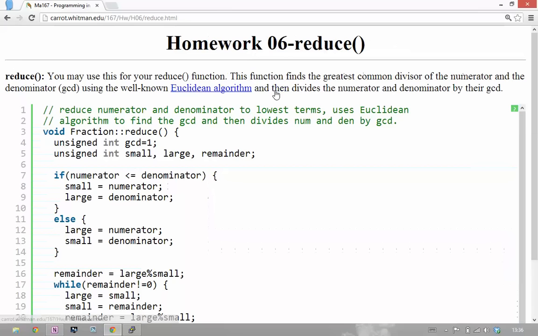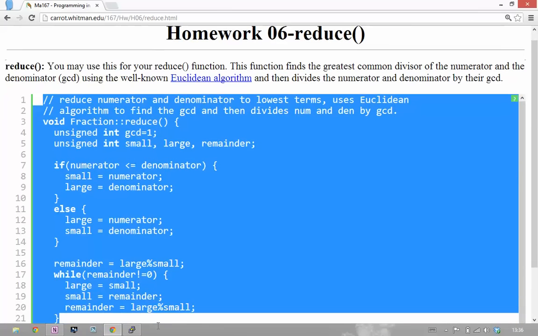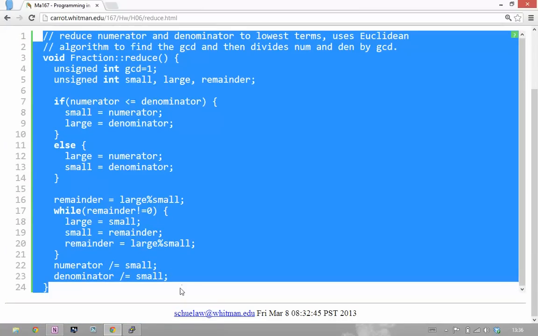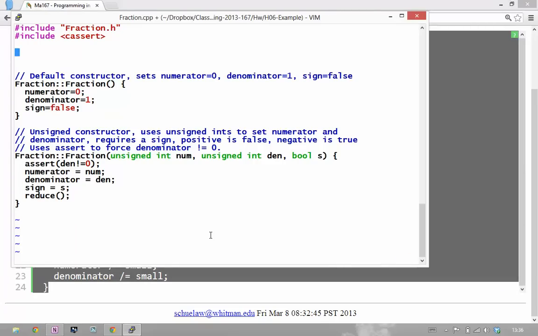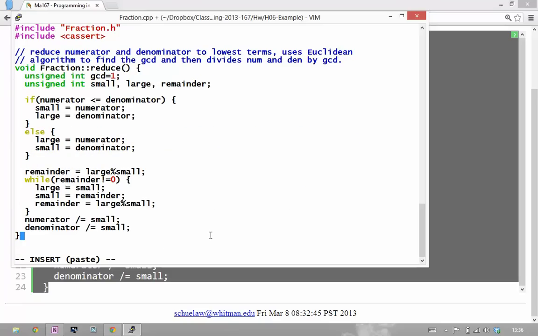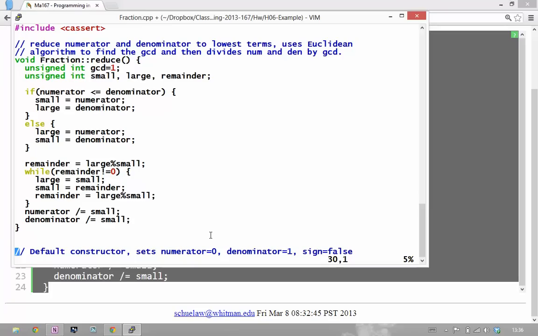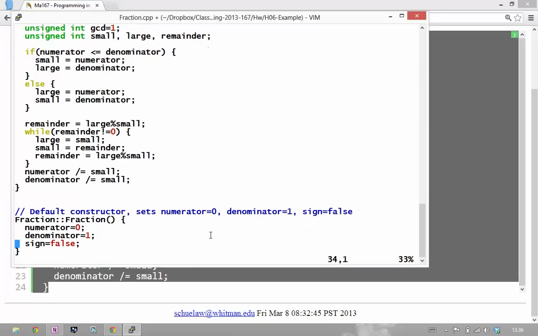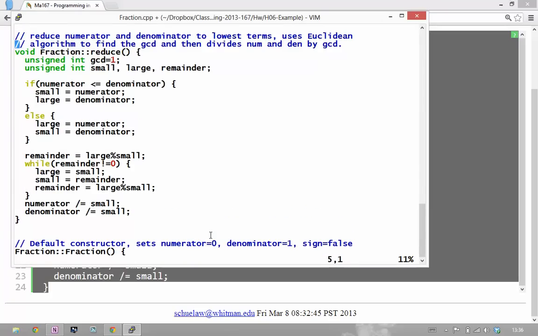Yeah. So again, I'm going to highlight this whole section, and I'll copy it. I'll go in here. I'm going to turn on paste, go into insert mode, hit the right mouse button, escape, set no paste, and now I'm done. Oh yeah, well, se and set are the same in Vim. It's just a shorthand, and you can tell how much I use vi that I know that. But